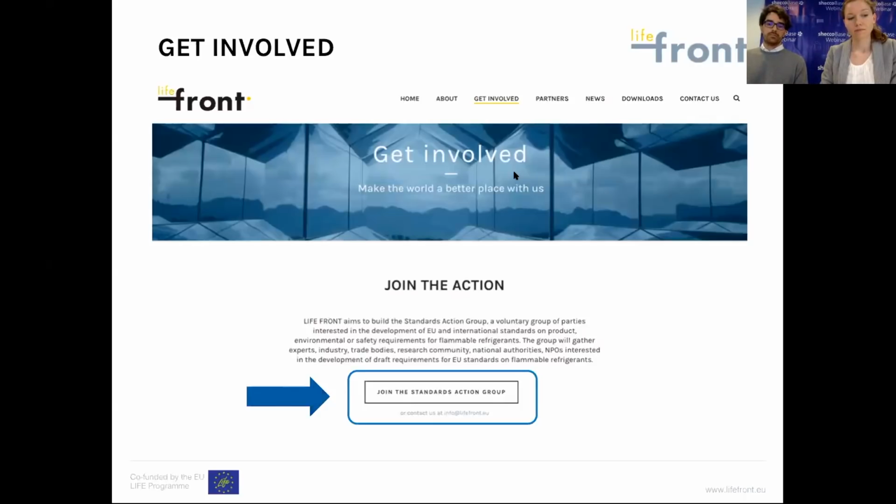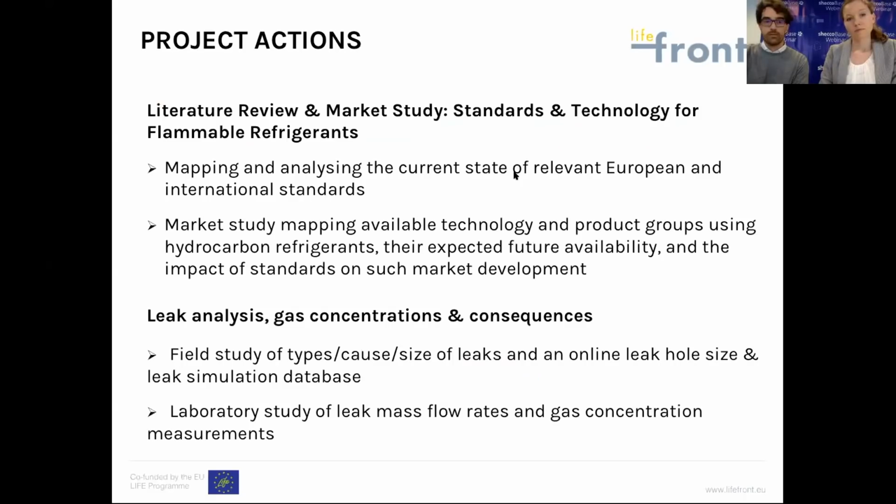So I think this will be a great experience also for you to increase your knowledge about the use of hydrocarbons and flammable refrigerants in the European market, and also to learn from project partners and to exchange key ideas. Your contribution by joining this group will affect all the project actions